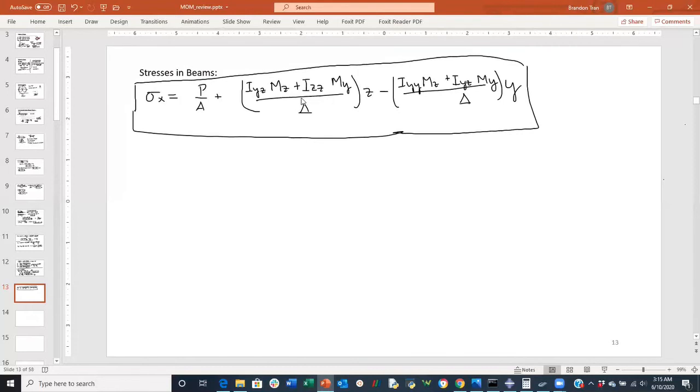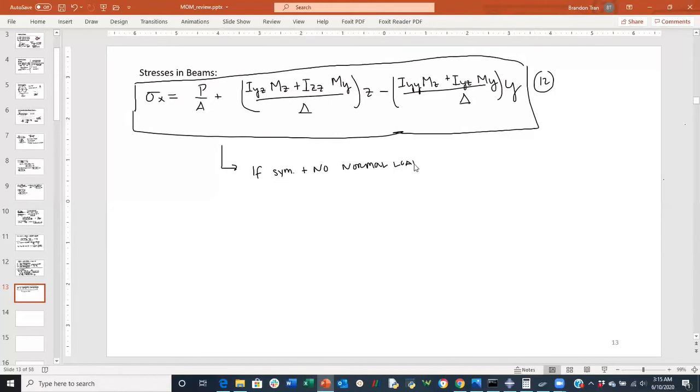So if this was a symmetric cross-section, and this is equation 12, by the way, if this was a symmetric cross-section, then IYZ would go to 0. And let's assume that there is no normal load. So if symmetric plus no normal